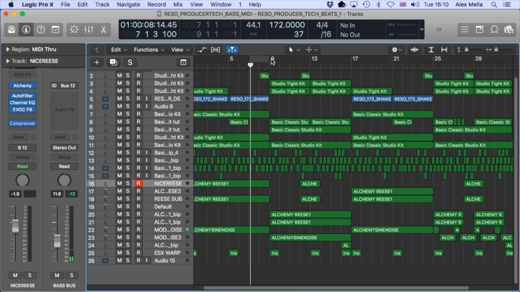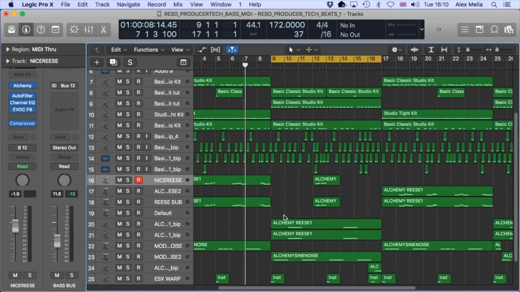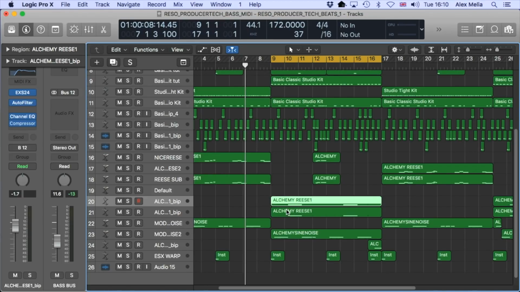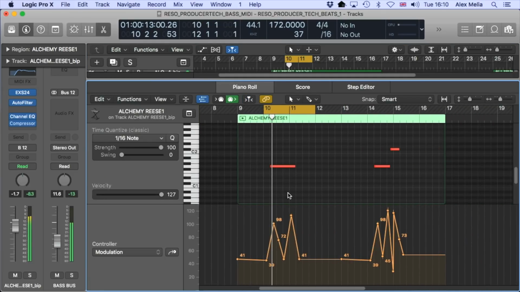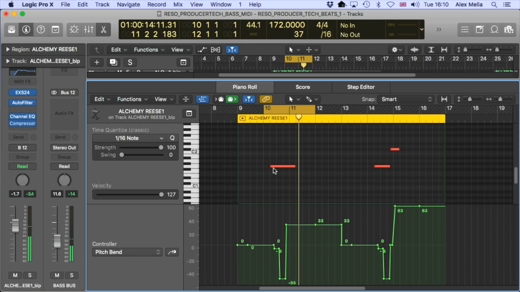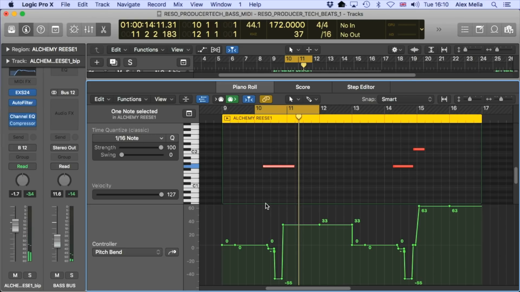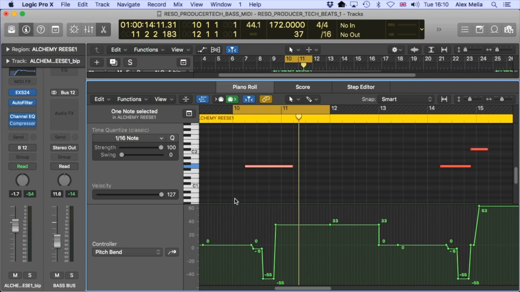You know, and then here switching it up so that the resampled Reese comes in. So this one is slightly more tricky in the sense that I didn't want to have the sample restarting over and over because I want all that resampled modulation to kind of play out and it makes it sound interesting. So if I just show you. So here, obviously, I've got the modulation, which is assigned to our filter cutoff, sweeping about. But to make the notes follow the same pattern as the original bassline, I've had to draw it in as pitch information. Because if I was to play it,